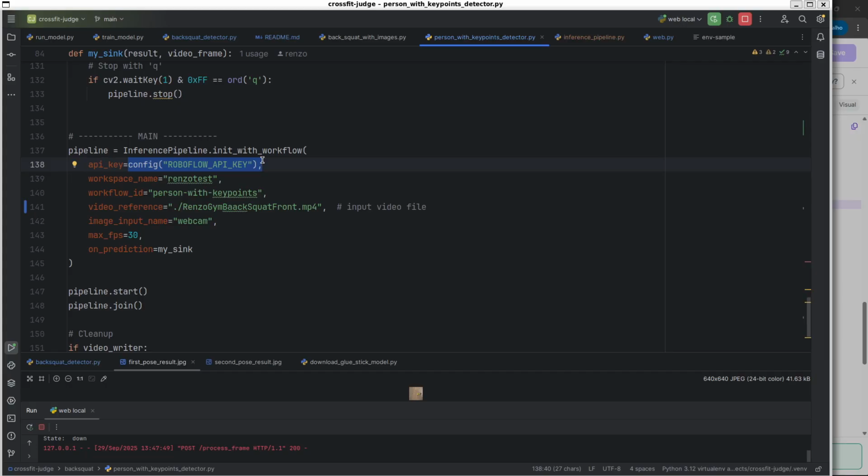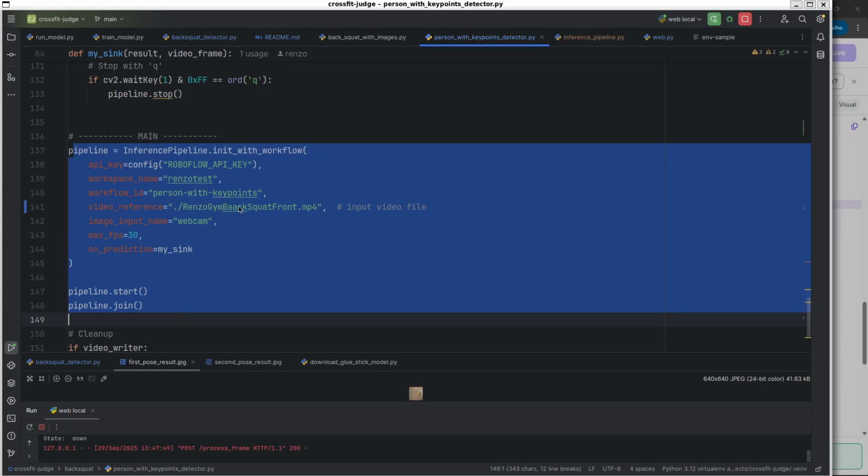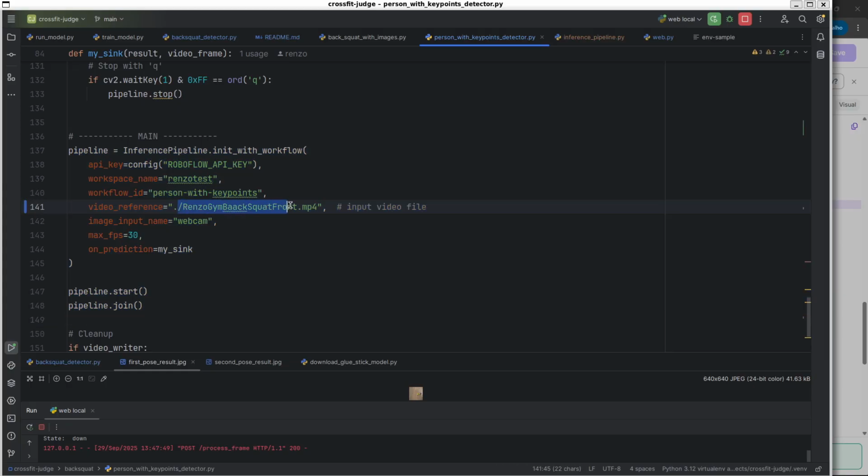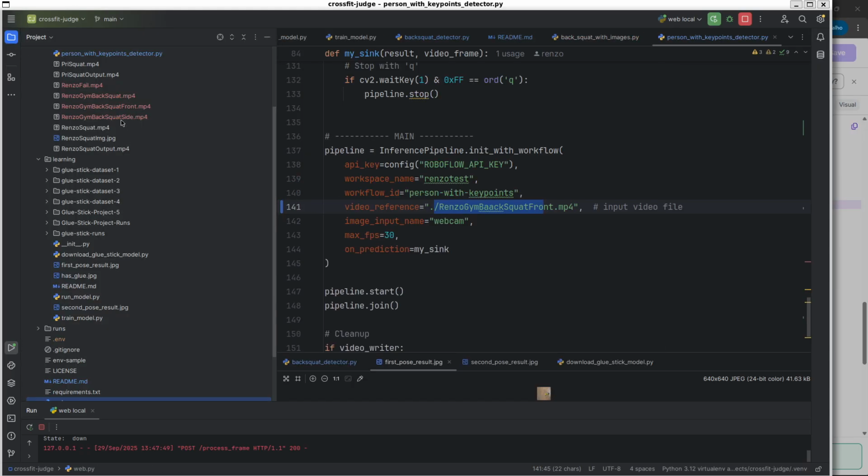You check that the configuration is exactly the same, but I changed the path to a video that I have done of my gym doing a back squat front, but oh, it's wrong, right? The name is wrong. It's with an X array. Glad that I saw that.